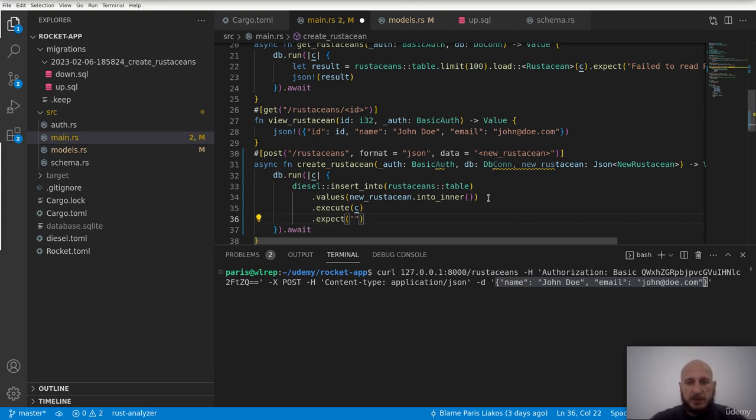Like always, we should never panic in Rust. We will handle it later along with our panic up here. But yeah, the message can be